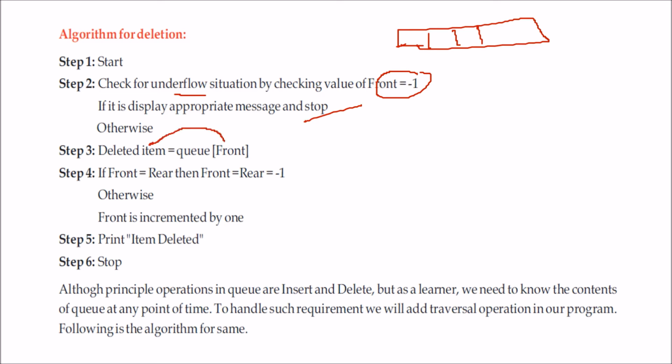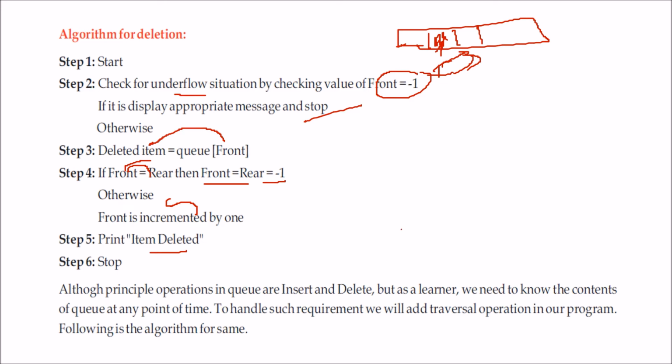and if front equal to rear, then front and rear equal to -1, otherwise you just increment by 1. Front you have to increase because you have deleted an element. If you have deleted an element, you have to increase the front because this part is now done. So this is how an item is being deleted, right? And the basic thing is in